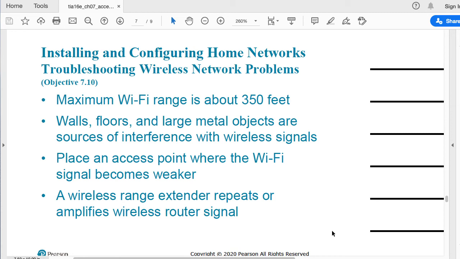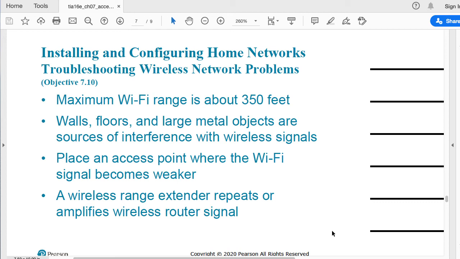Now, some important information regarding your wireless network setup. In case you're having issues, keep this in mind. Maximum Wi-Fi range is about 350 feet. About. Obviously, as I previously mentioned, it will depend on the number of walls that you have between the access point and your device, and on the type of barriers in between.